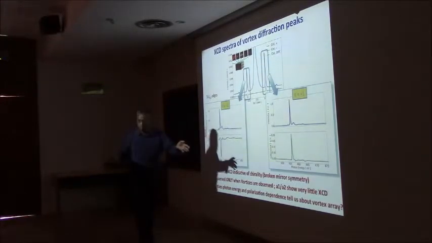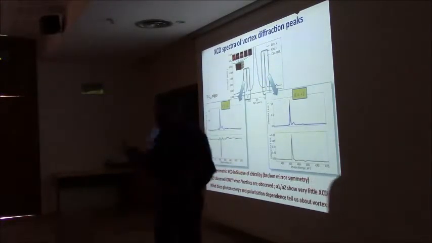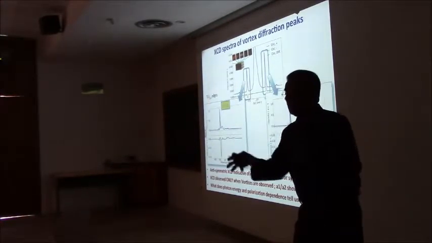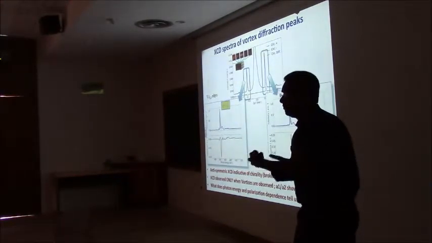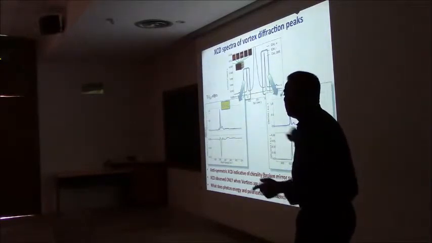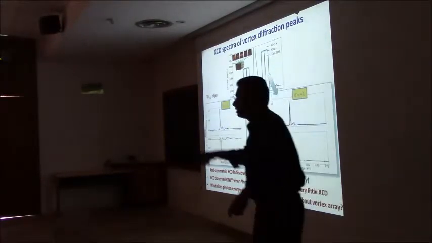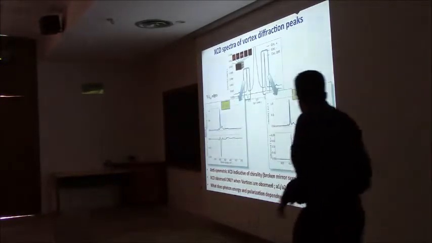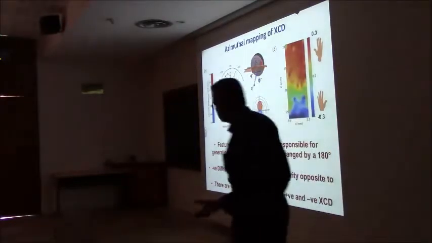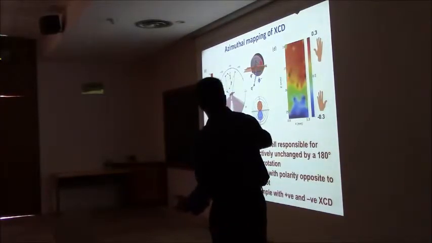It's only these samples which have the vortex-like structure which show circular dichroism, which is why we were trying to make a big deal about the curl of P. The curl of P is very important in terms of explaining all of this. If the polarization is not continuously rotating, you don't see this. Okay. So this is now the details of this. This is a beautiful picture, so I'll get to that in a second.